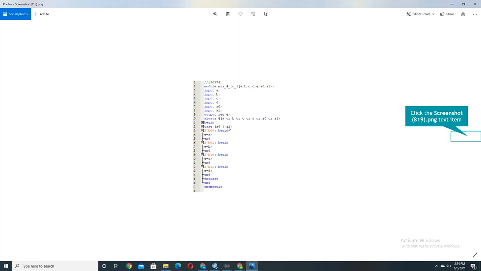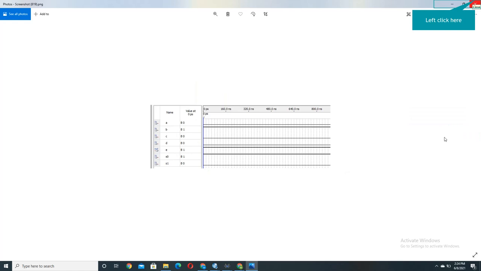Then we have simply connected it with an always statement, begin, case statement on S1, S0. Then 2'b00, 2'b01, and so on, where the output is equal to A, B, C, and D, and we have implemented it like this. Its waveform is also correct, giving the correct answer that we have seen. Selection line 1 is positive, and A and B are positive, then the output is equal to B.